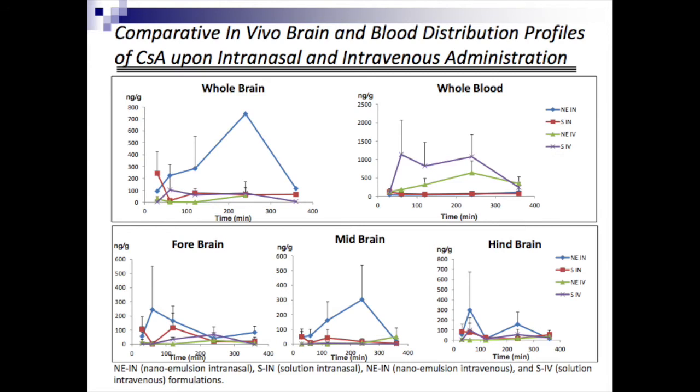But also we find that the bioavailability is preferentially in the midbrain region, the regions of the brain that are critical for some of these inflammatory responses, especially the substantia nigra area, where the dopamine-secreting neurons that are destroyed in Parkinson's disease are present. So with this data, we were excited to move forward and see how cyclosporine could become a therapeutic for